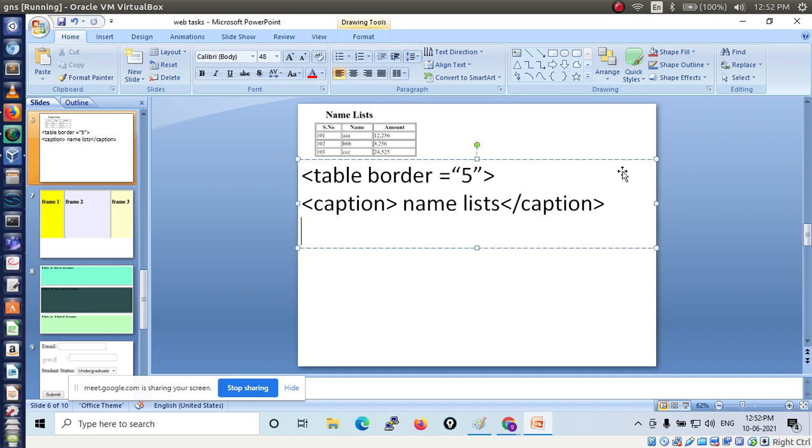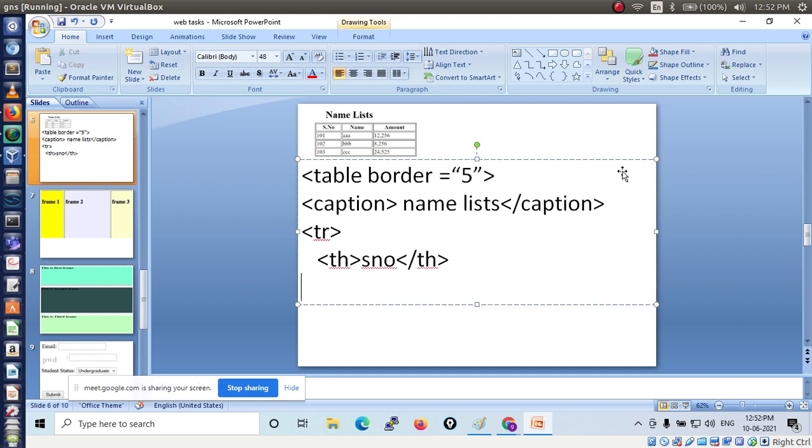Then after that you take TR, table row, then here you write TH. TH means what? Table head. TH means table head. So the first column we have is serial number, then close the TH.